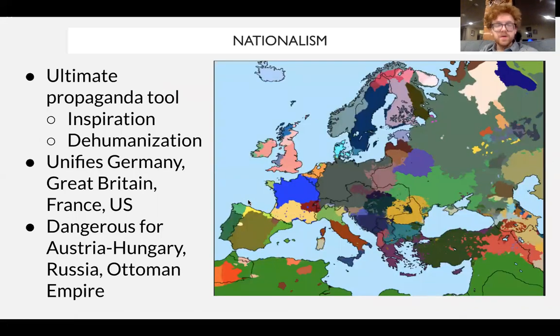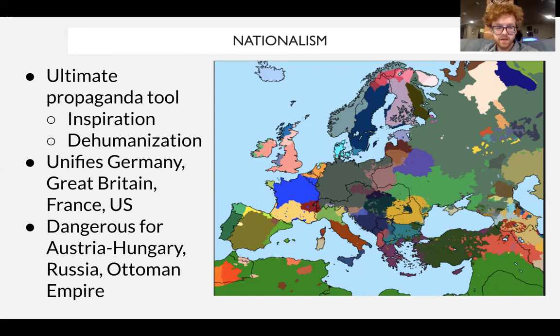So we have militarism, we have alliances, we have imperialism, we've got nationalism as well. Nationalism is going to be the ultimate kind of propaganda tool. How do we sell this war to people in our countries? Well, we got to give them something to fight for. We got to give them something to kill for. And if need be, give them something to die for. So nationalism is in many ways an ultimate propaganda tool. How do we make this war palatable to people? How do we get them to go and kill their neighbors,